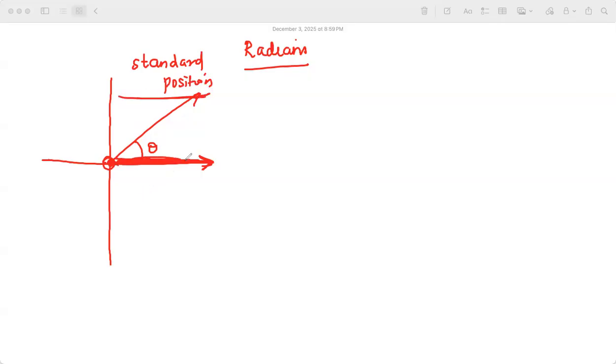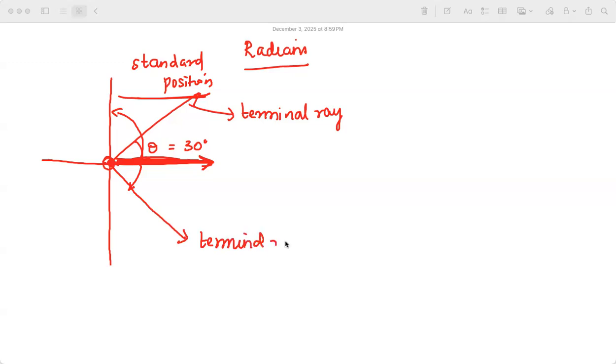Now, this is our positive x-axis, right? This one is called the terminal ray. Let's say now this angle is 30 degrees. You know angles in the anti-clockwise direction are always positive. However, the same can be achieved here: this is a terminal ray, right? This one will be a negative angle, negative 30. Any questions here? So, this is quadrant 1, quadrant 2, quadrant 3, quadrant 4. Makes sense?